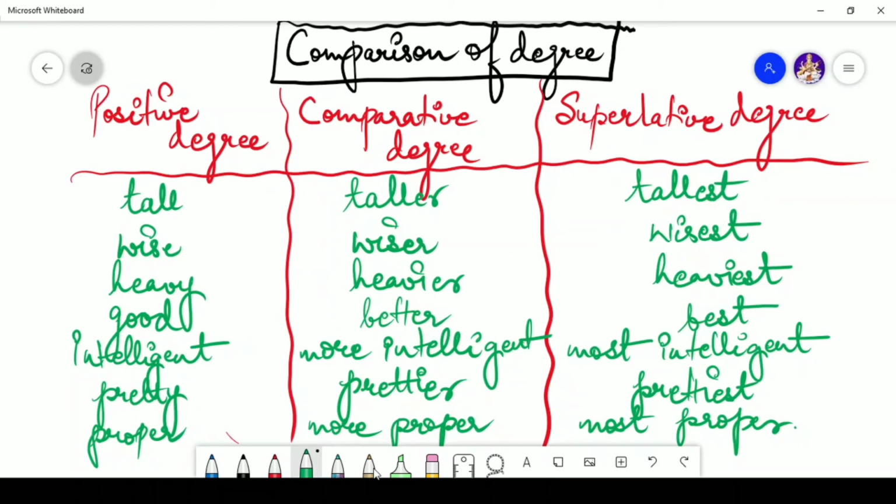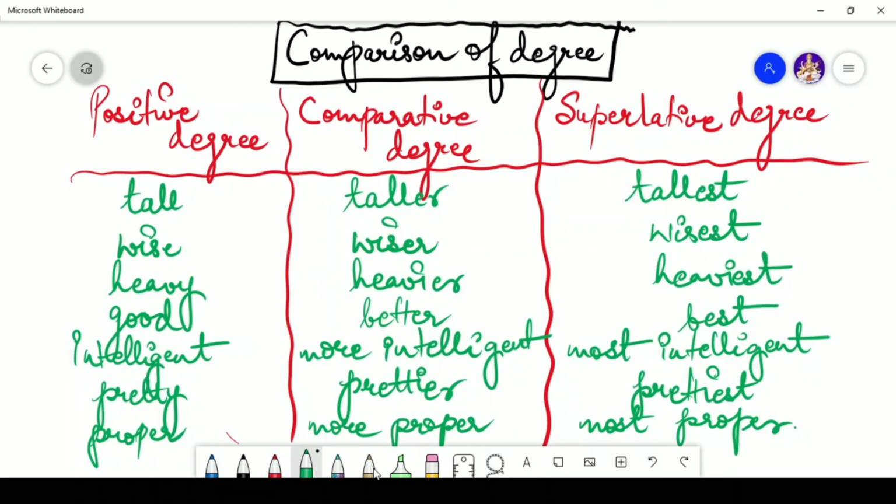Giving you a quick revision, positive degree is basically used to define a person, means whenever you are talking about only one person or an object or a thing. Comparative degree is used when you are comparing two objects or two persons or two things. Superlative degree is used when you have to select only one out of a collective form of person, place, animal or thing, anything like that. Okay, person, place or thing. Now let's check out these adjectives.